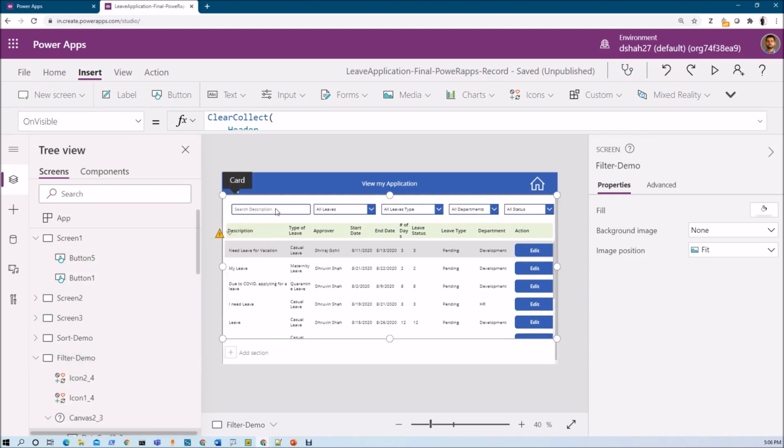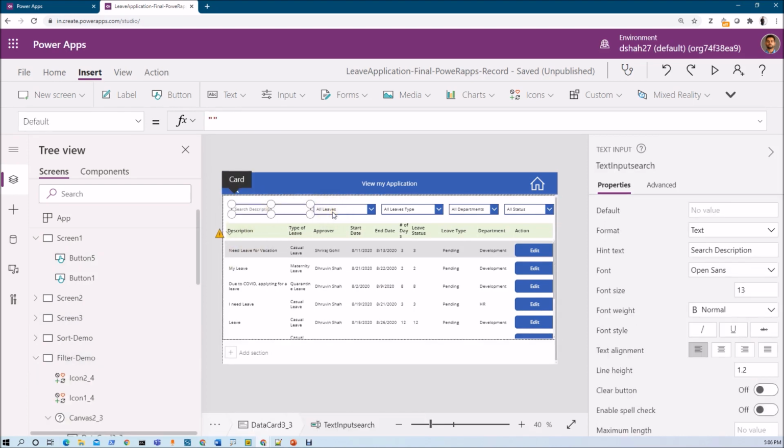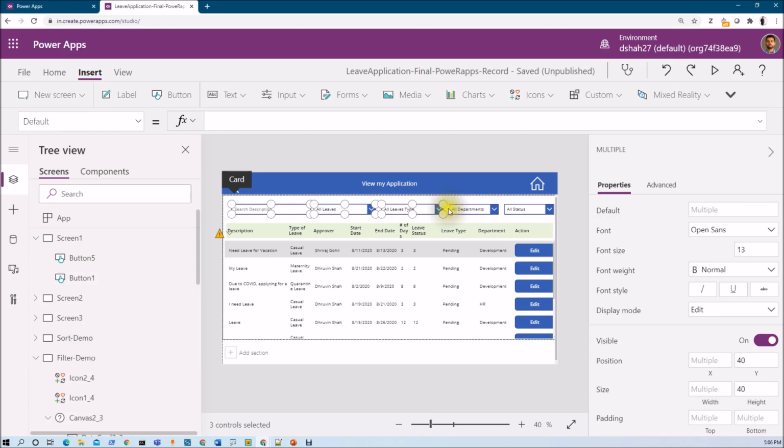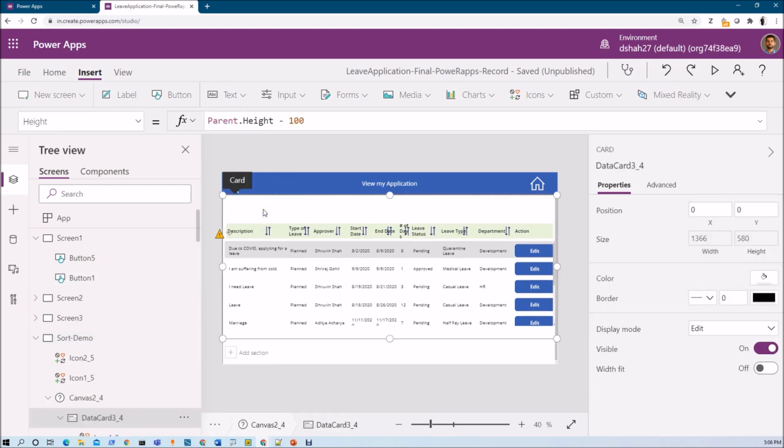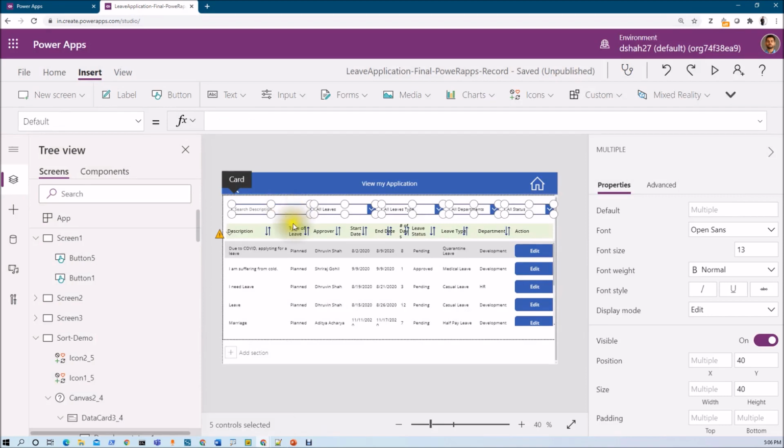Now let's copy the top filters from here and paste those filters to the sort screen. Let me paste this filter over here. So this will look like this. Now the ID has been changed for this filter.